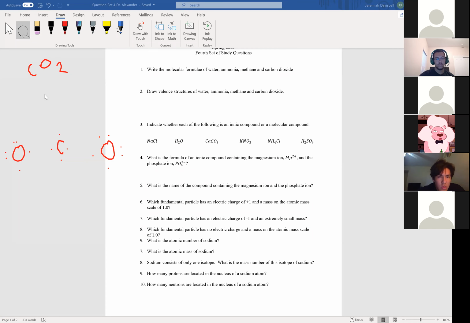So we can connect this one right here and this one right here. So if I were to leave it like that, would that be my answer? Do you guys think? No, right? Why would it not be my right answer? Because the middle one should be filled. Yeah, the middle one and the oxygens, technically, they both should be full.